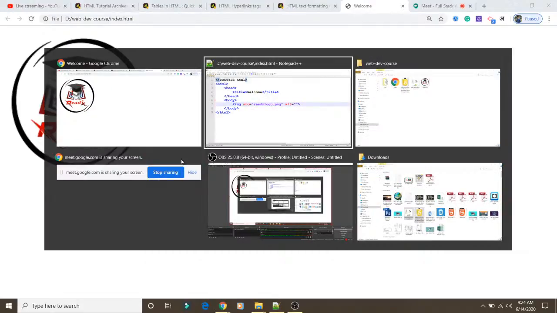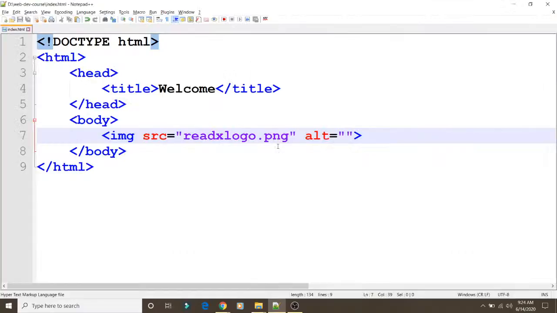Okay, you want to show some alternative text over there instead of the image. So you will write the text whatever you want to display over there. Suppose you can mention the related name. So this is a logo, so I can write here Redux logo. Okay, so if we save and refresh, nothing is coming.